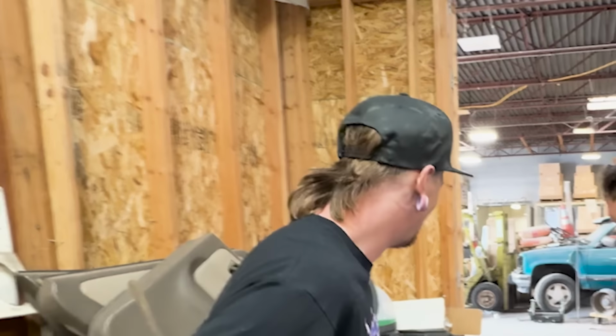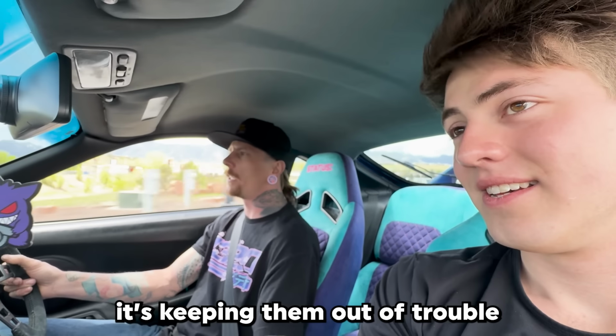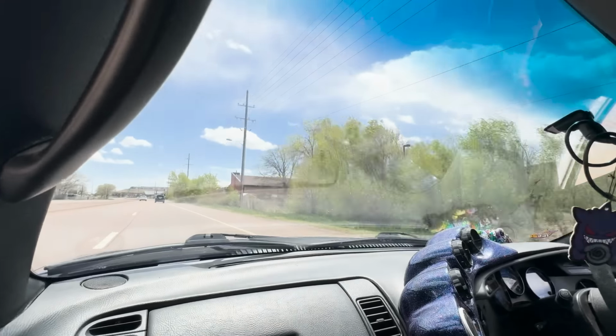And after checking out the shop, Josh had one last piece of life advice. Having fun and it's keeping them out of trouble. Stay busy, get more hobbies. You never will have enough knowledge in your brain. Get more. That's what my dad said. I love that. So sick. This 1,400 horsepower Supra is by far the fastest car we've driven yet. But the